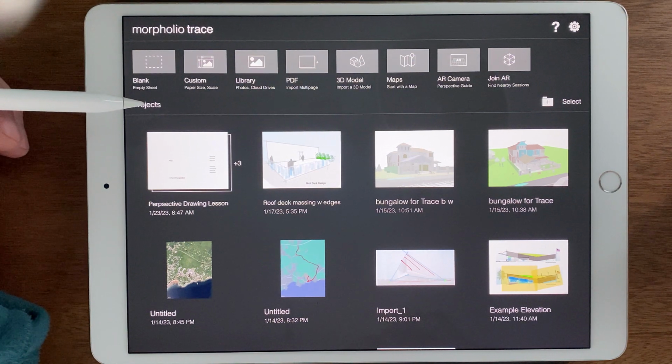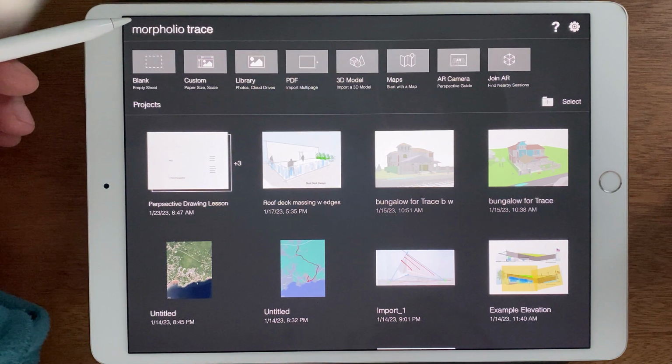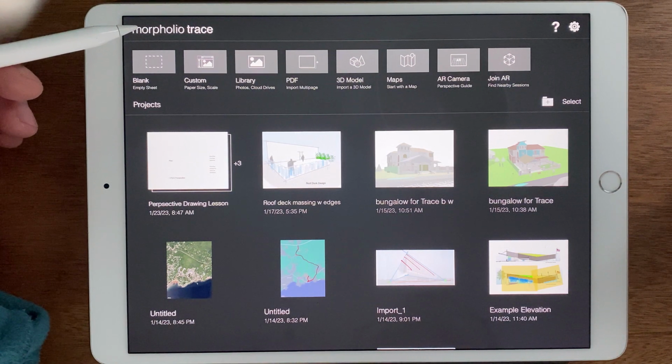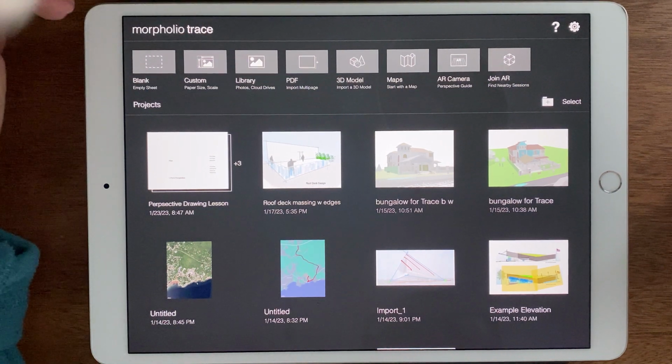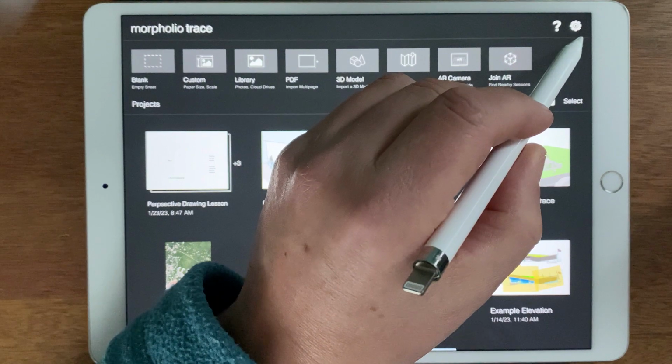But what I want to do first is actually start with a quick review of some of the basic drawing techniques in Morpholio, because otherwise it'll be hard to follow along if you can't remember from so long ago when you all learned. And first of all, I'm here in Morpholio Trace, and I'm going to just click the cog